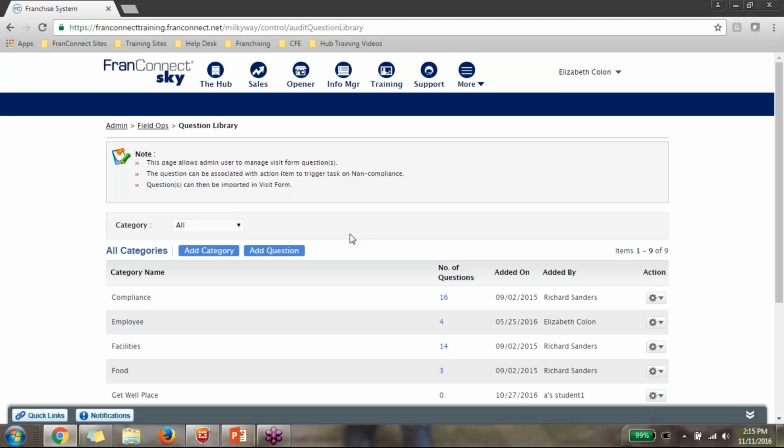The same question that I use in the annual audit form can then also be used in the quarterly audit form when I place that question into the library rather than directly into the form. So my whole purpose of showing this to you is to make sure that you know that you save yourself a lot of time if you create the question in the library first before creating the question in your audit form. Okay, and so sort of just a cautionary tale on that one.